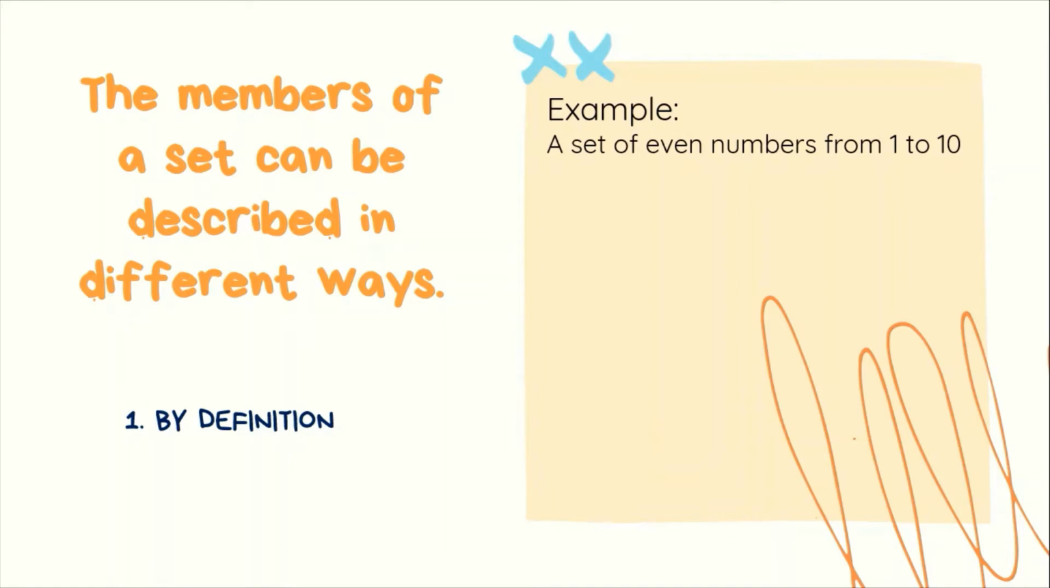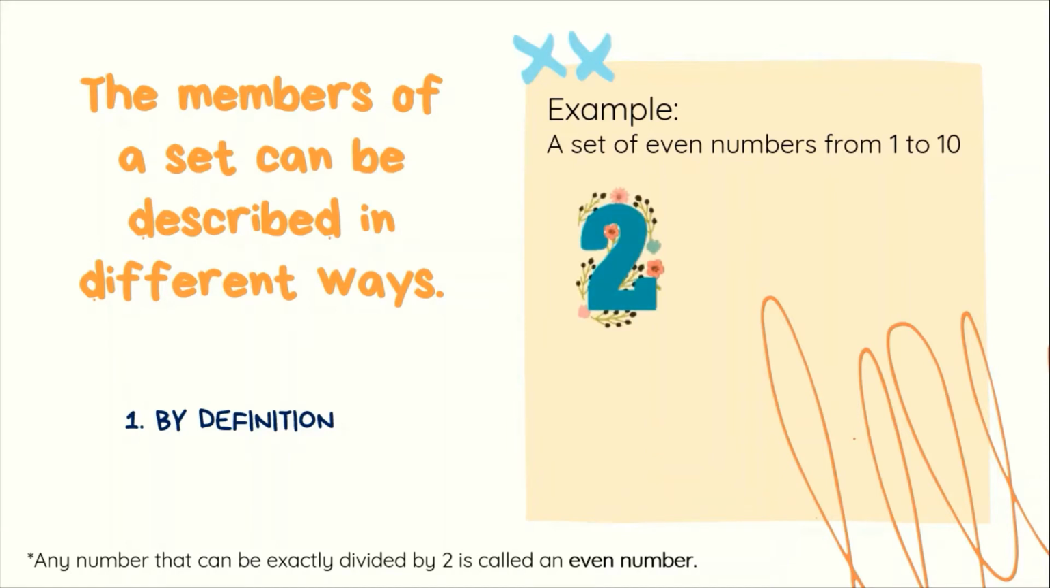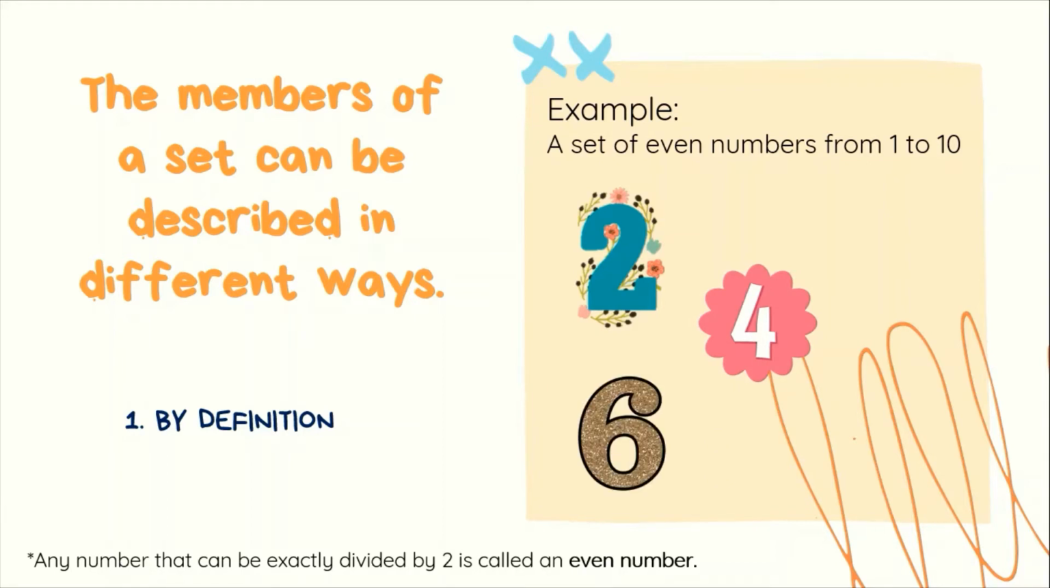Ang tanong, what is an even number? Any number that can be exactly divided by 2 is called an even number. Just like 2, 4, 6, 8, and 10. So itong mga number na to ay mga members ng set of even numbers from 1